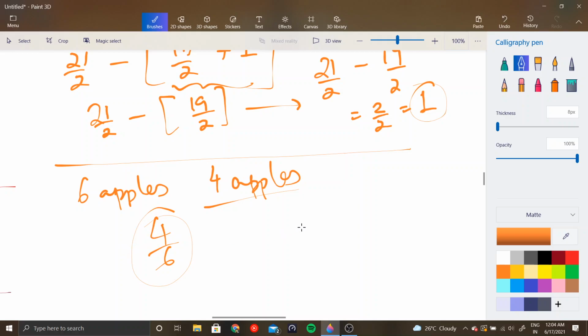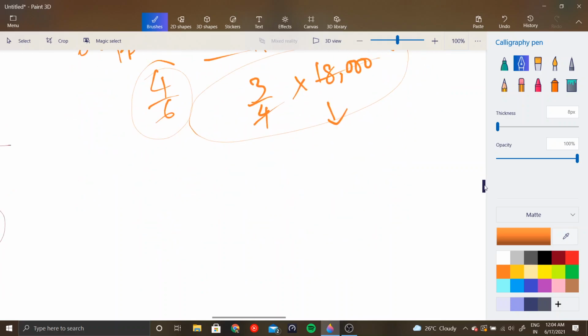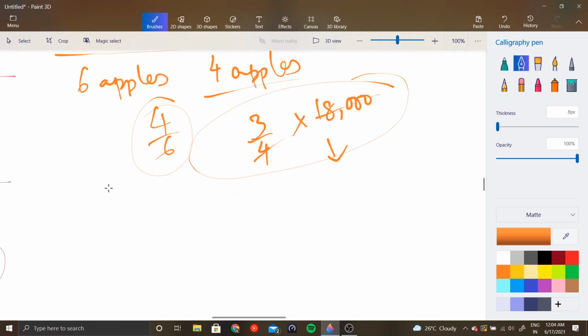They can give you questions on salary. So 18,000 is the salary, 20% is spent on, okay, you don't know about percentages, I guess, but let us suppose that 3 by 4 is spent on food, right? So how much is remaining? You need to calculate and give the answer. There are such questions in the later part of your chapters if you go through your books. So I urge you to do that.